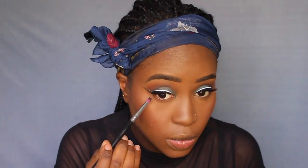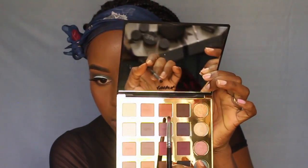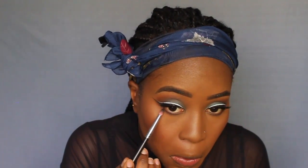Okay, now I'm going to go back with this dark chocolate brown color called Smoked, and I'm just gonna bring this under my lower lash line. And then I'm also gonna take the transition shade Whimsy, and I'm gonna go under the darker shade and lightly, softly smoke it out just a little bit. Okay,